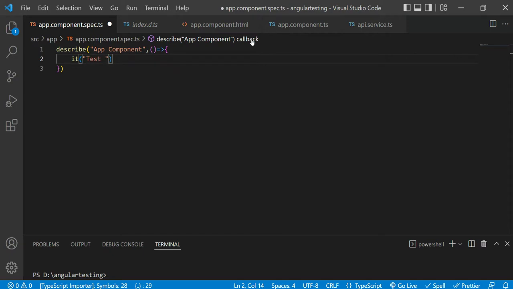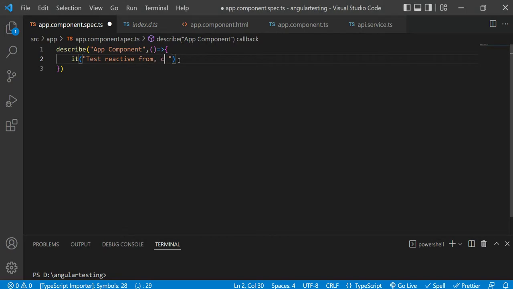So write here: test reactive form. You can describe it, and you need to provide the correct information so that later on you will be able to identify that this test case is written for this purpose. So: test reactive form, and then